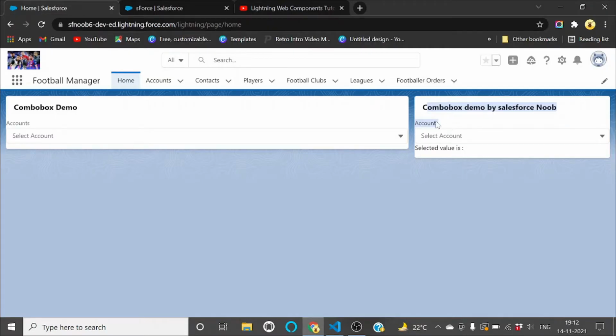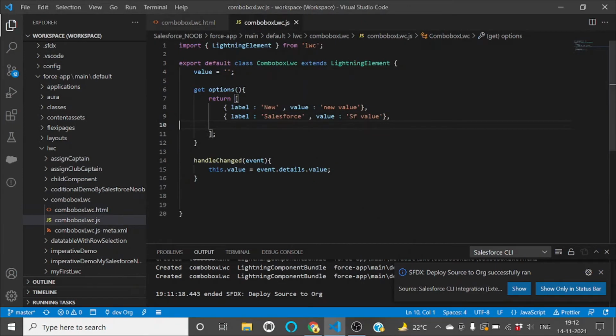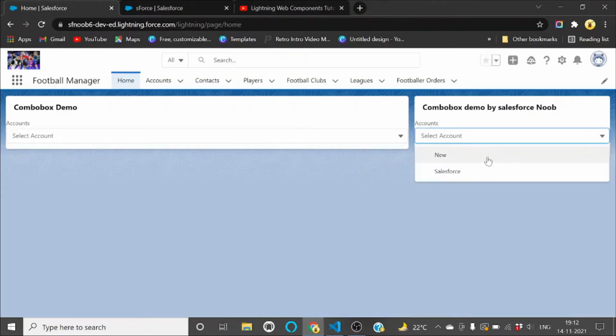After that you will see the label as Account, and you will see our dummy options. Here I have passed two dummy options whose labels are New and Salesforce. So you can see New and Salesforce. If I select this New label, right,